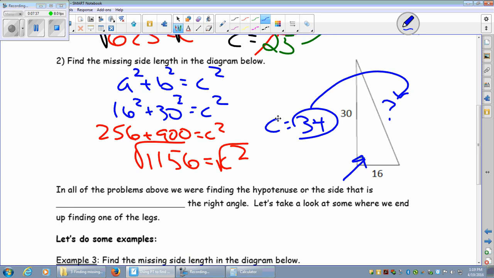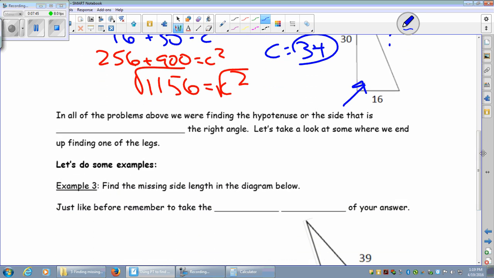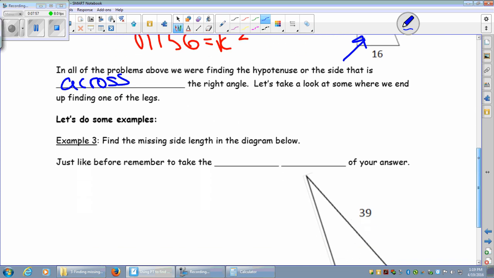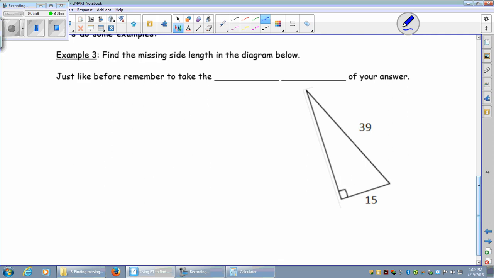This is where it's going to start to get a little bit tougher for us, because in all the problems above, we were finding the hypotenuse, or the side that is across from the right angle. Let's take a look at some where we end up finding one of the legs. Now again, remember the legs are the two smaller sides. And just like before, remember to take the square root